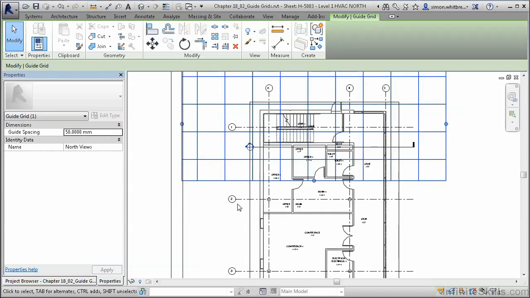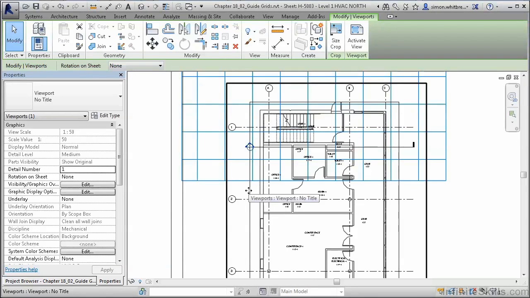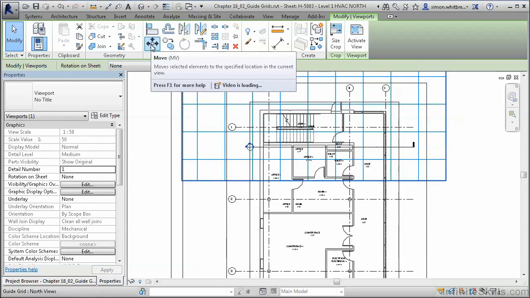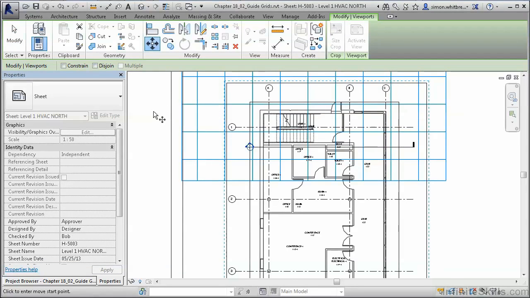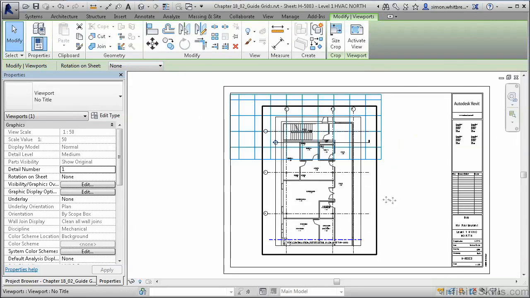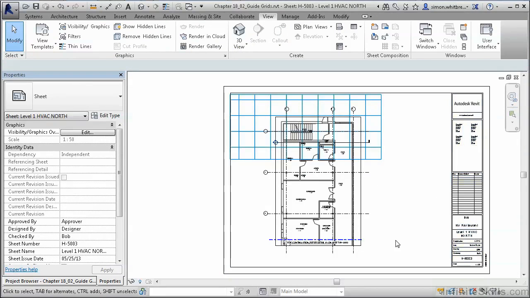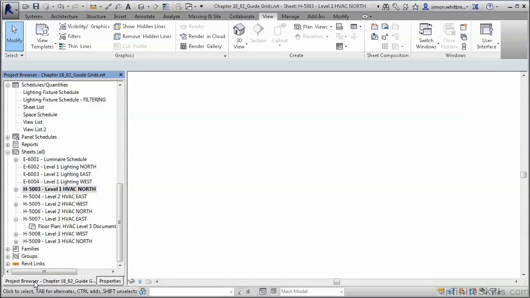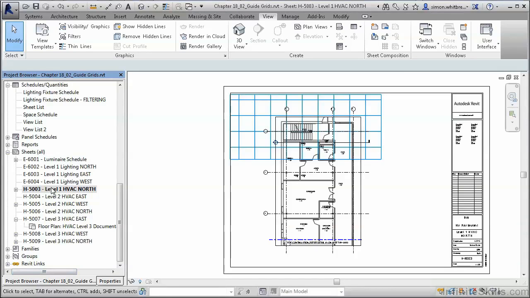Scrolling in, I can select my viewport and then move it. I can move the viewport using, say, the intersection of grid A1 to the intersection of guide grid lines. Now that I've done this on H5003, which is one of my north plans, I can go to H5006, Level 2 HVAC North,